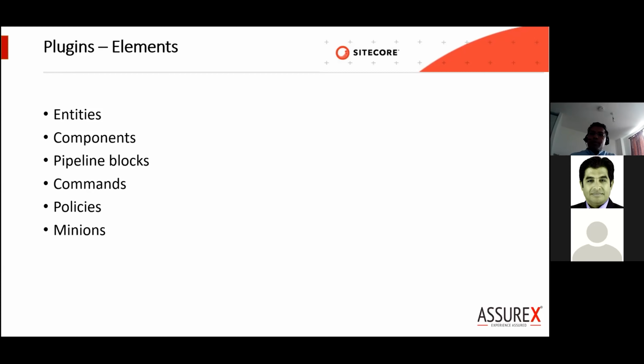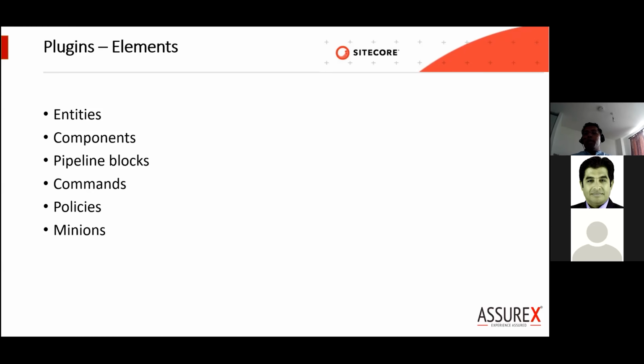Pipeline blocks. They do the heavy lifting in a plugin by making it possible to define the extensible behavior. So basically, you can create your own pipeline. You can create blocks within that pipeline, and you can execute that pipeline in a sequence. Say, for example, if you want to save any entity, you might create a pipeline which will have a block to validate that entity, maybe to transform that entity or data, and then persist that entity, or actually save that entity.